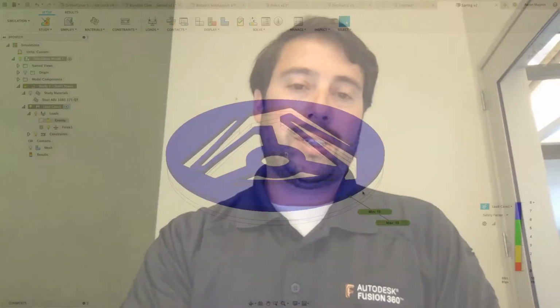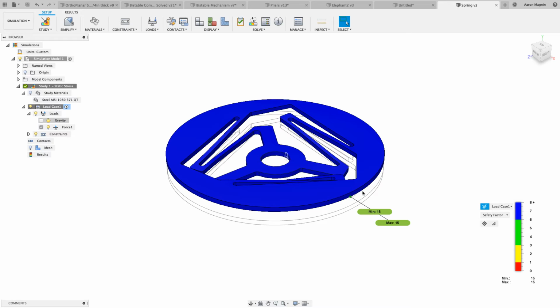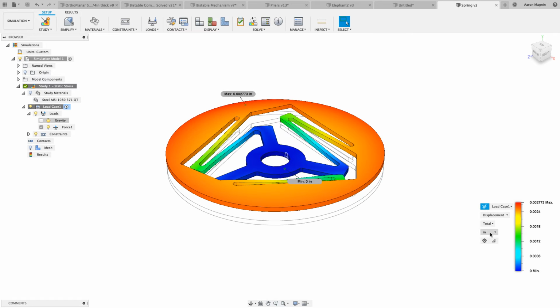So what I'm going to do here is take the results, and they're already back. I changed to my face so I could talk to you for a second, but the results are that fast. It's a very simple problem in terms of what our computers can do these days. But that 1 pound of force, what I wanted to do is look at the displacement, and